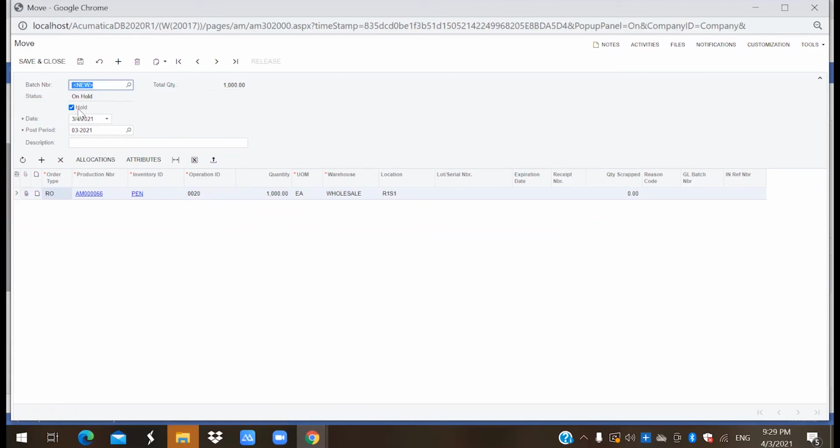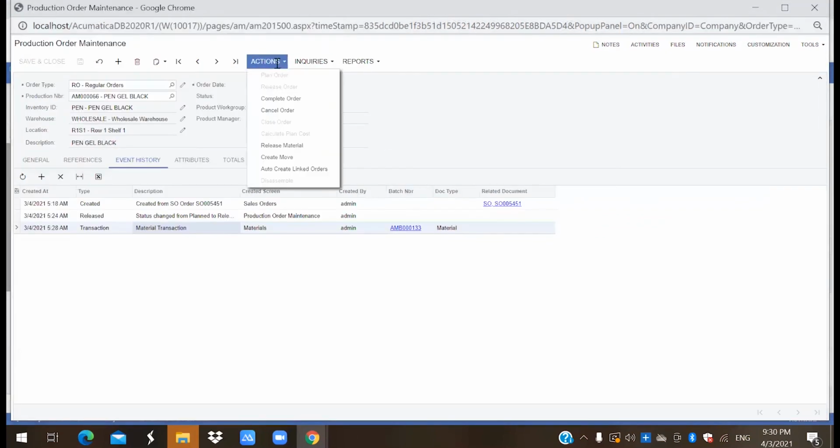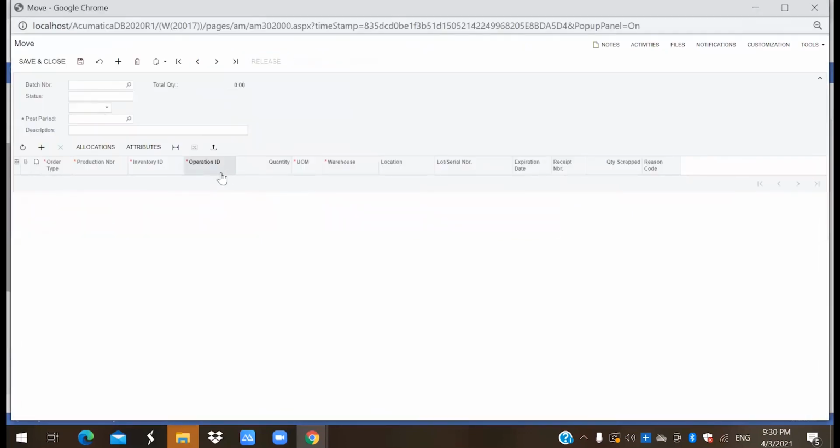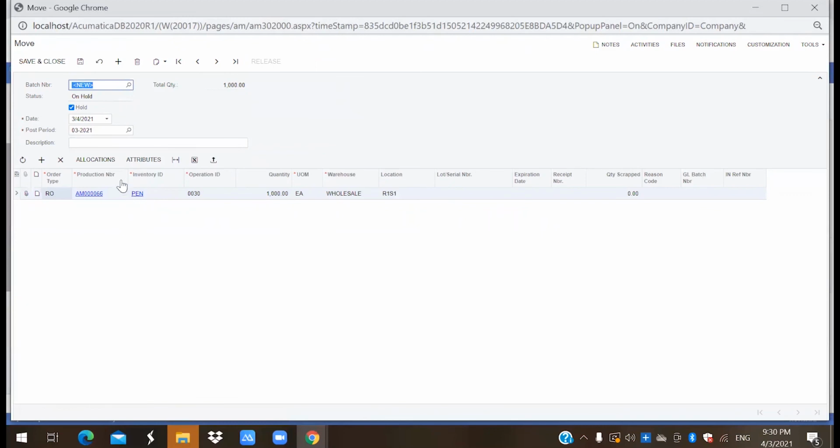I'll unhold it, save it, and then release it. One more time we have to go through the same process. We create a move transaction, and this time we are creating it for 0030. So just release it. This is the final process.